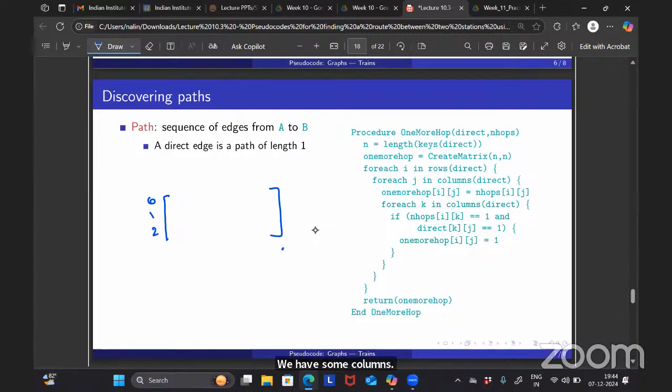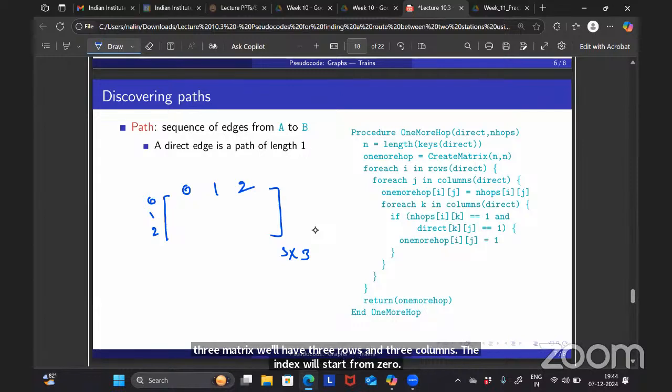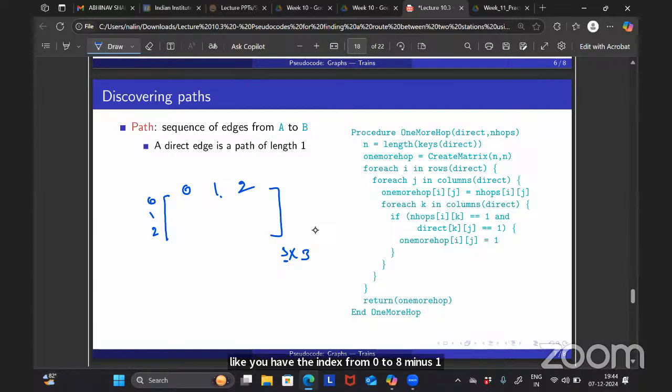Like if it is say a 3 by 3 matrix, we'll have 3 rows and 3 columns. The index will start from 0, 1, 2. Like 0th row, first row, second row, 0th column, first column. Like that, you have the index from 0 to n minus 1. Okay, if 0, 0 is 1,